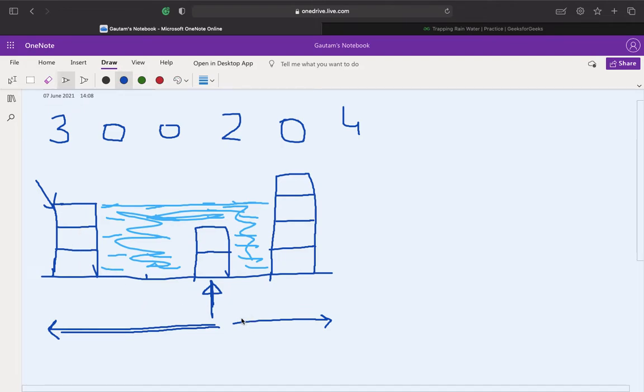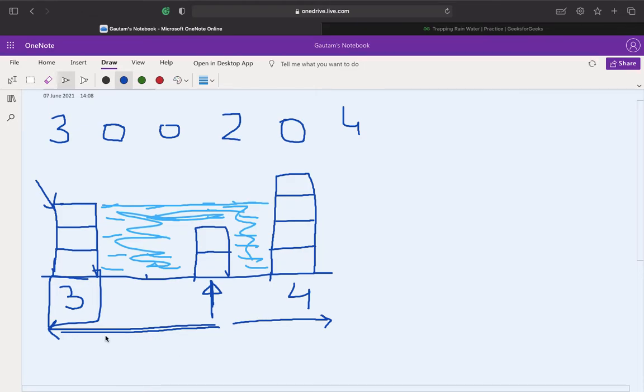This one. And on the right side, what is the maximum support? This one, right? The height of this is 3 and the height of this is 4. So we first find the leftmost maximum and the rightmost maximum, and then we take the minimum of these two. The minimum of 3 and 4 is indeed 3.